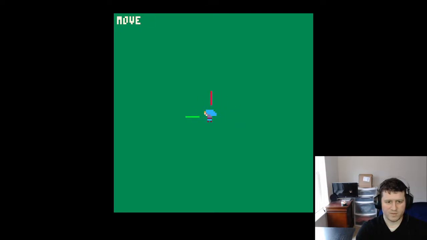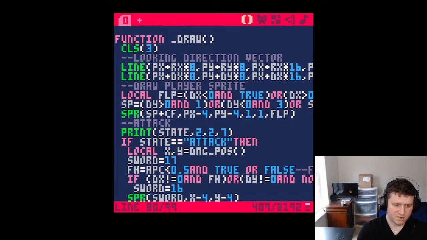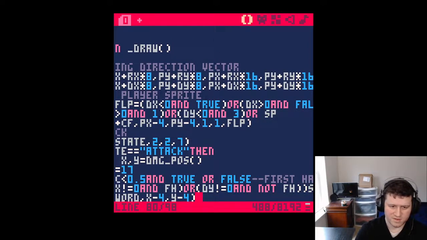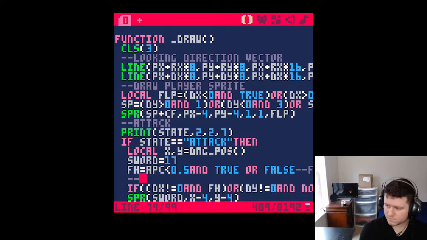If I look left, I'm going to need to flip it on the x-axis, and if I look down, I'm going to need to flip it on both. If I look right, I'm going to need to flip it on the y-axis. So this doesn't actually need to be two lines. I could actually put this all on one line there. Put a parenthesis like that. So this here is sword sprite picking,